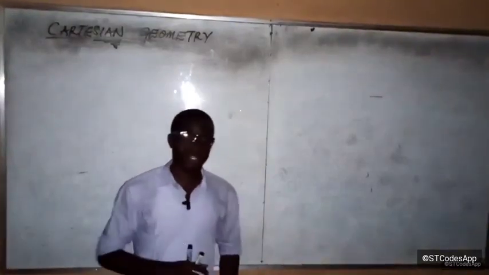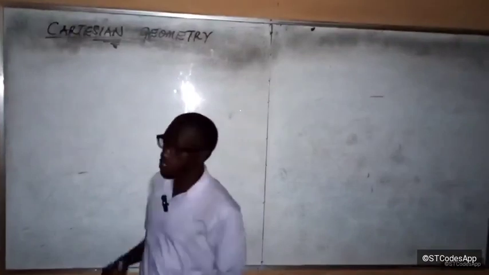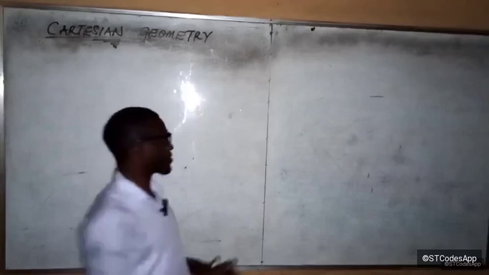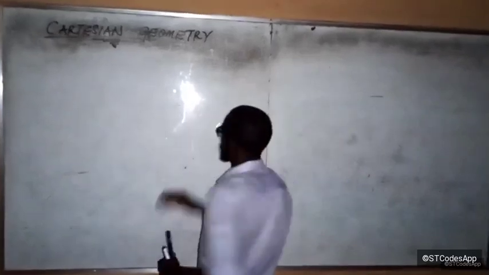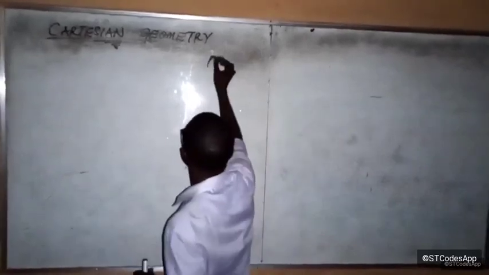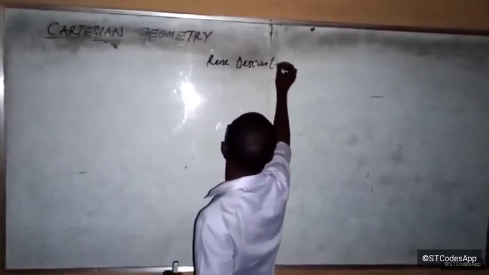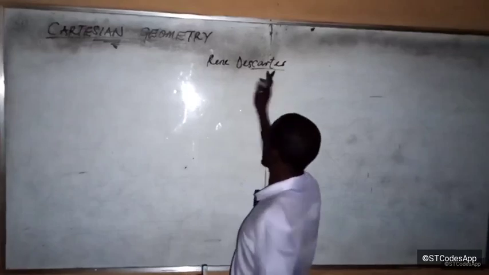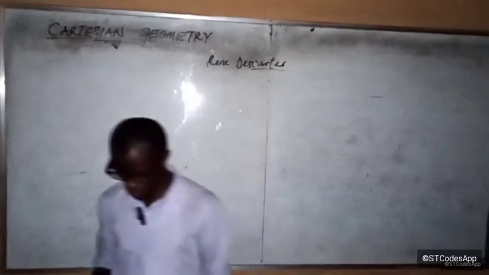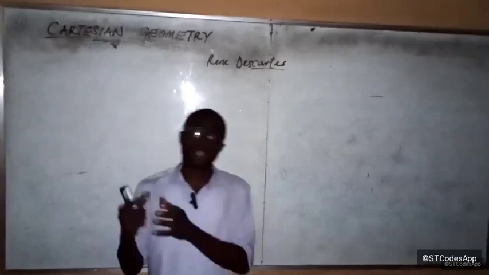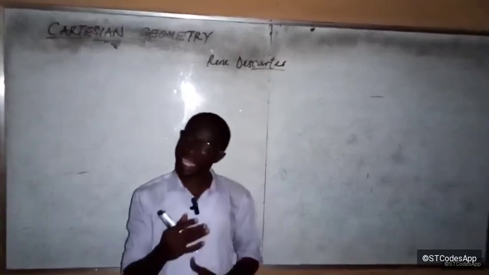In today's video, we are going to be talking about Cartesian geometry. Now, you see, Cartesian geometry was named after a renowned mathematician of the 15th century, Descartes. So Cartesian geometry is just the aspect of precalculus where we use our knowledge of functions to analyze